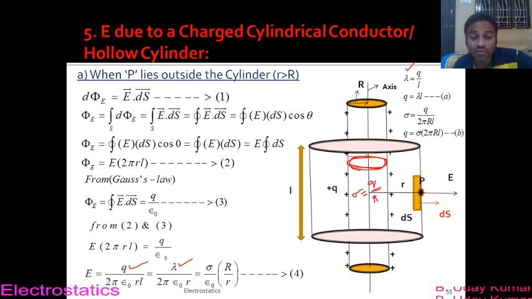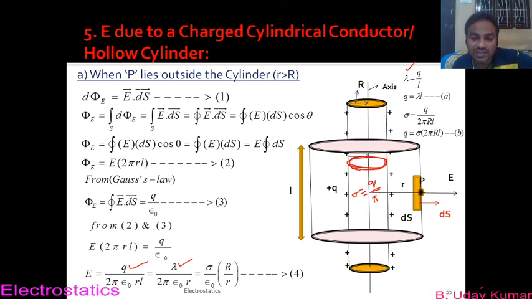Curved surface area of what? Of the real cylinder, the charged cylindrical conductor. Charge is present on the charged cylindrical conductor, not on the Gaussian cylinder. So please check it out, there are two cylinders here. You have to understand that the Gaussian cylinder is an imaginary cylinder. Actually it is not there. Only to apply Gauss law we just construct it, that's all.